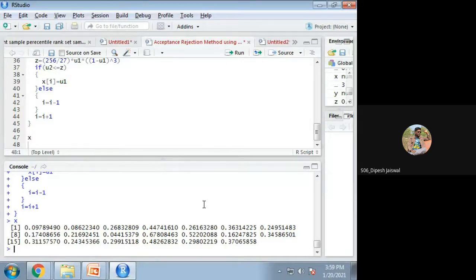Okay, so that means we have generated the random numbers from it. If you know the specific distribution, then you can also draw the histograms and other things, so that you can also verify. In the previous example we have seen, we generated random numbers and applied the Kolmogorov-Smirnov test.